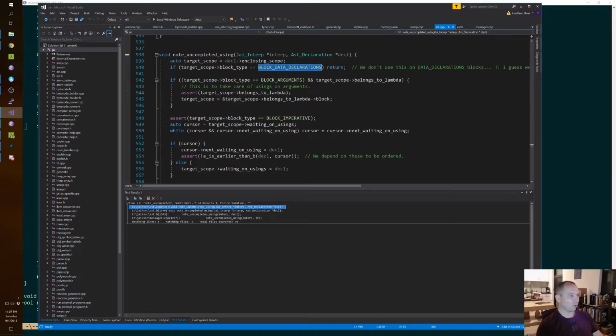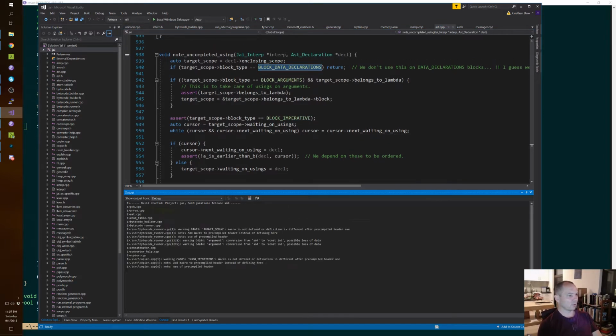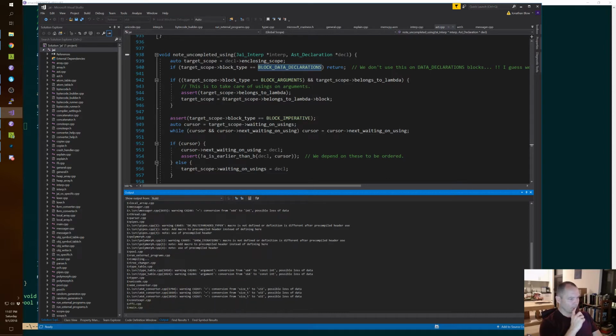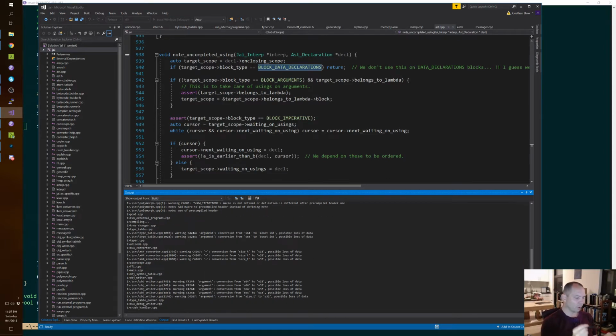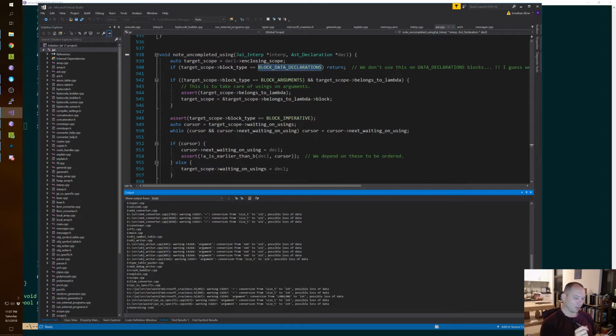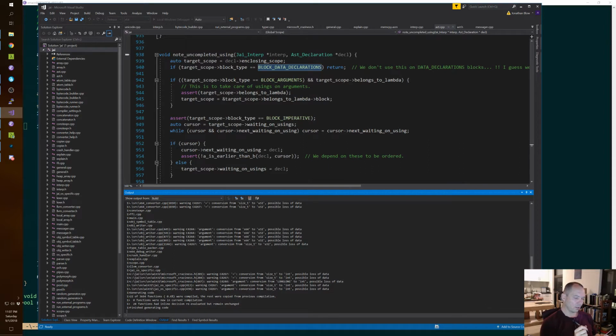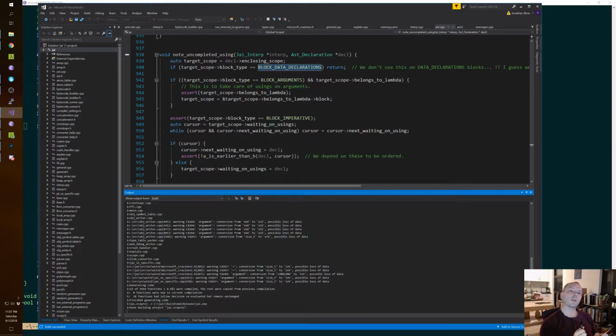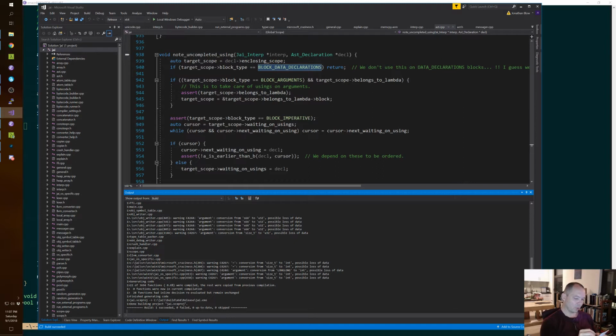Oh, we don't even know about that for this other stuff that I'm doing. Like, let's see if we could build Sokoban. Probably can't. And then once we've done that, then we need to do it on parent scopes if exporting.